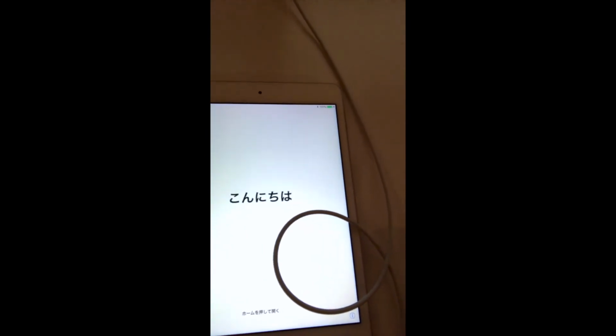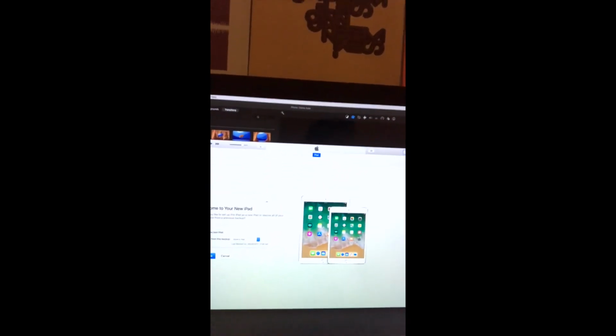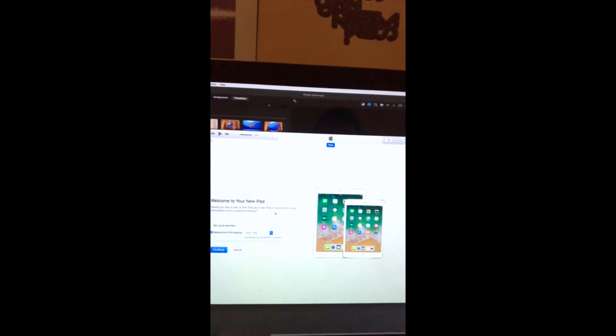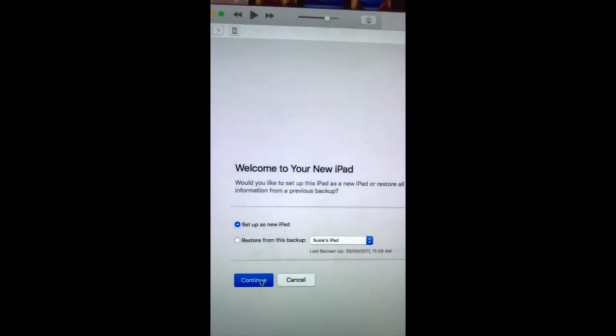Hey, I'm back. That was a very short second for you and a very long 30 minutes for me. But the download has completed, the restore is finished, and I just wanted to show you the finished product. So you can have a look. The iPad is now unfrozen and accessible, and you can see here on iTunes that it is asking whether we want to set the iPad up as a new iPad or restore your information from a previous backup, which we don't have. So we're just going to select set up as new iPad and hit continue,